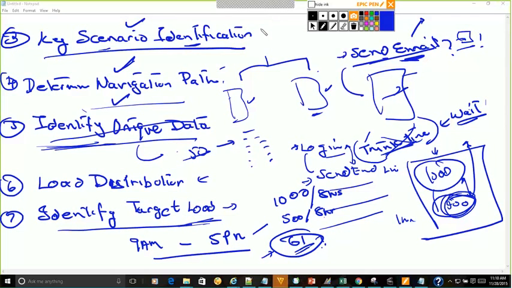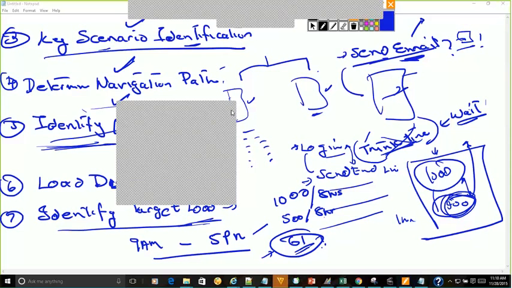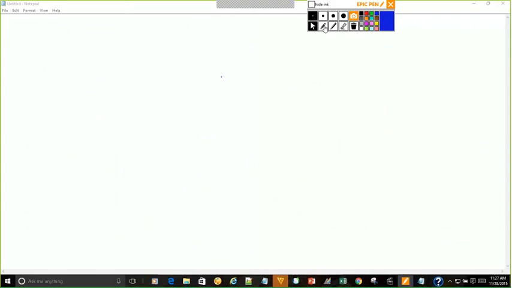Any questions before we go to the next topic? Okay, fine. So that's all about workload modeling. Fine. The next topic that we are going to see is